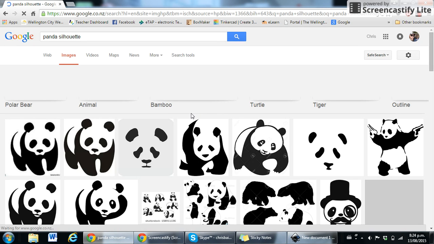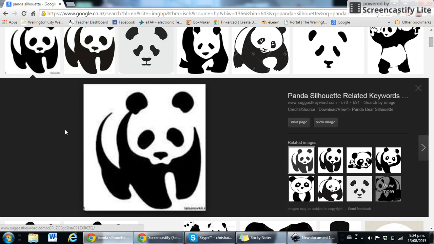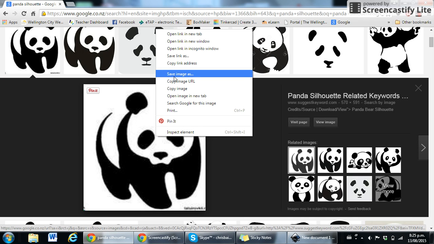Okay, and that's going to bring up a whole lot of options for me. I'll just click the first one that I've got here. Doesn't really matter. But you can see on this image, actually, it's a good example, but it's quite blurry. So what I'm going to do with this one is right click on the image and save the image as,